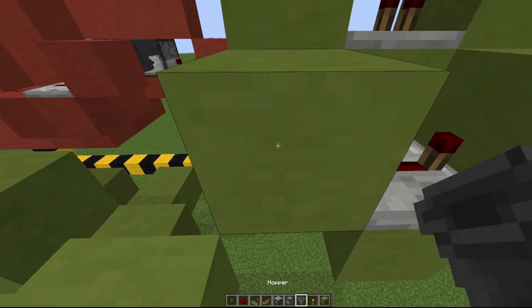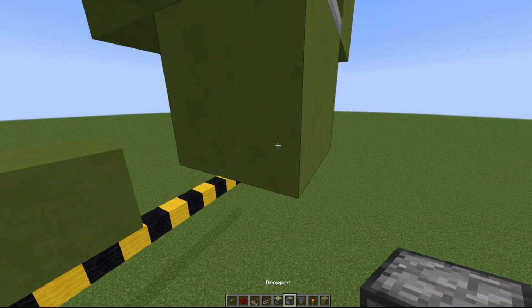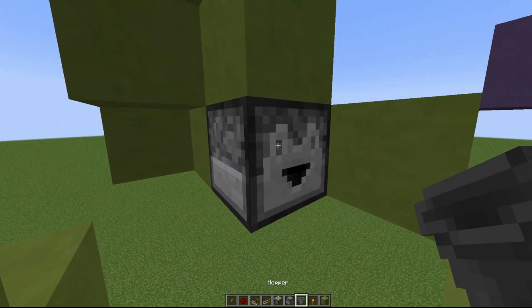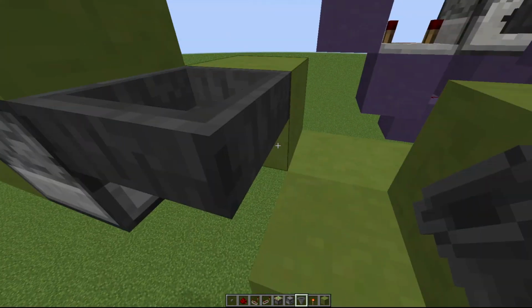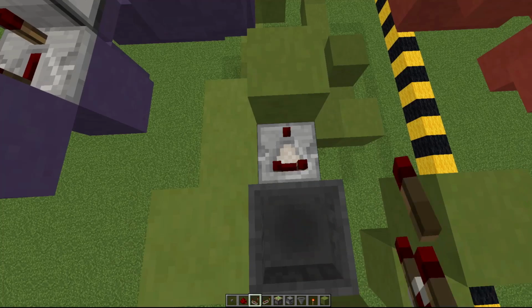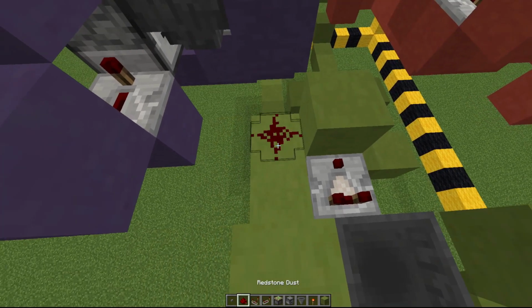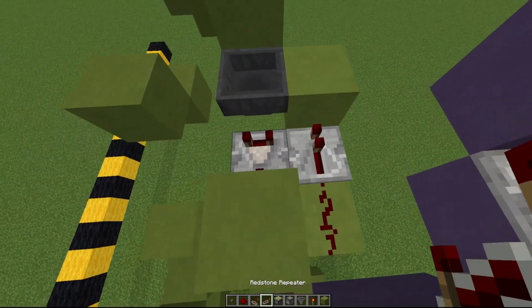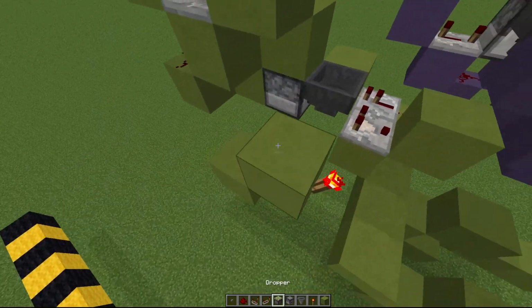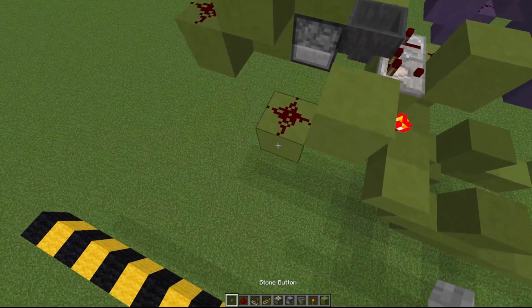Next, we make our randomizer, which is exactly like the other 2 sections that we've made. We have a dropper flowing into a hopper, and a comparator output from it. The comparator signal will power this redstone dust, which is connected to a repeater. To the other side of the section, we will place a torch on the step, powered by this dust, and